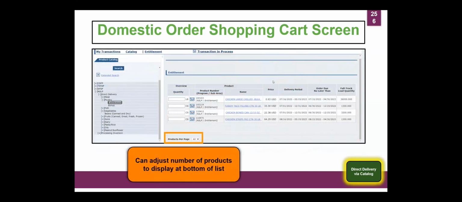And you can adjust what you're looking at on the screen. So for example, my screen is only showing 4 examples. If there were additional items, you could show more on the screen, whatever works best for you. Just know that that is an option. There's not a whole lot in the training environment. When you get into the actual live environment and do your requisitions, there's going to be more options. But these are just examples for us to mess around in.